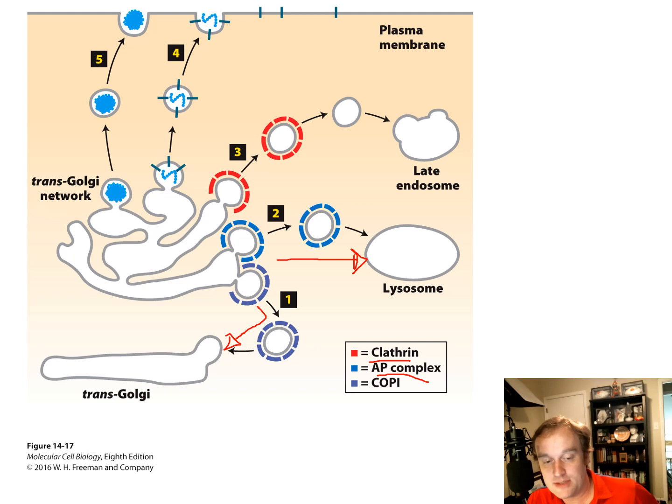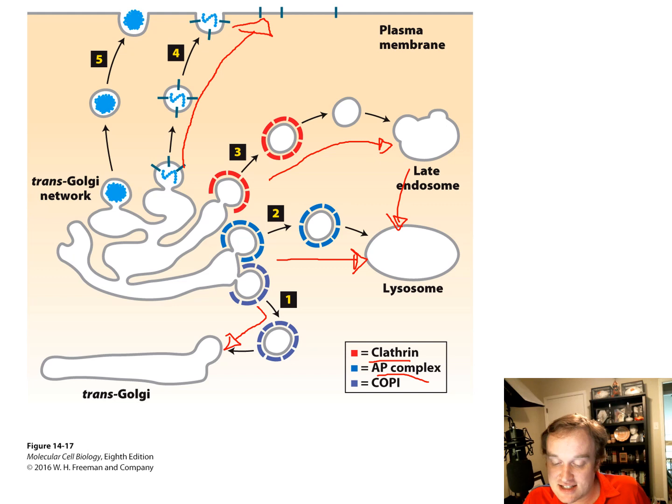And then we have the clathrin coated AP2 vesicles that transport the lysosomal enzymes to late endosomes for eventual delivery to the lysosome. So they are kind of a temporary holding before being transferred to the lysosome. And 4, we have the constitutive secretory vesicles, which we don't know much about their coat, at least at the time of this publication or of this textbook being made. And these are the ones that, as we said earlier, are secreted relatively constantly,